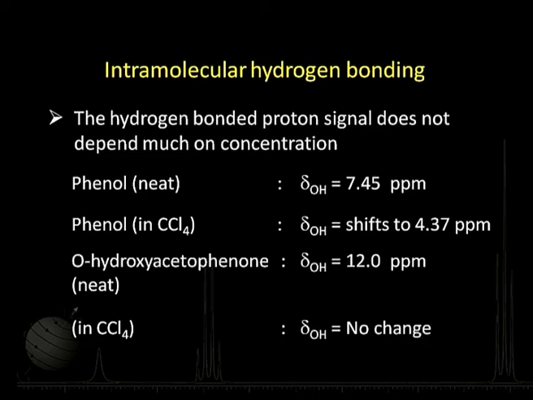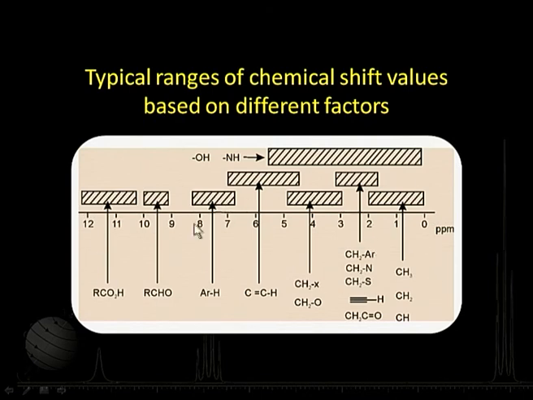Okay. Now, on the basis of all the factors we have discussed, we can briefly sum up. This kind of picture you will come across in practically all textbooks. It gives you the typical ranges for observing chemical shifts. These are on the basis of the factors we have discussed so far: the electronegativity, diamagnetic anisotropy, hydrogen bonding, and so on and so forth. So, they are the typical ranges. We will talk about it when we proceed further in the next few sessions.